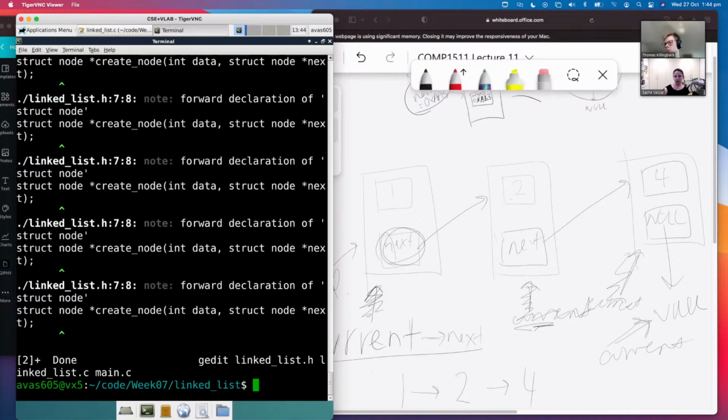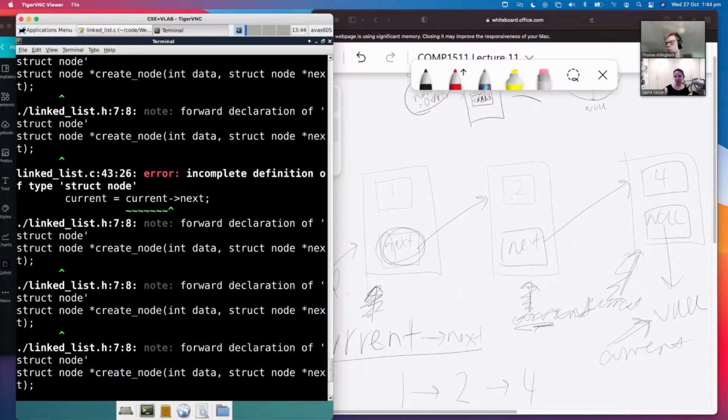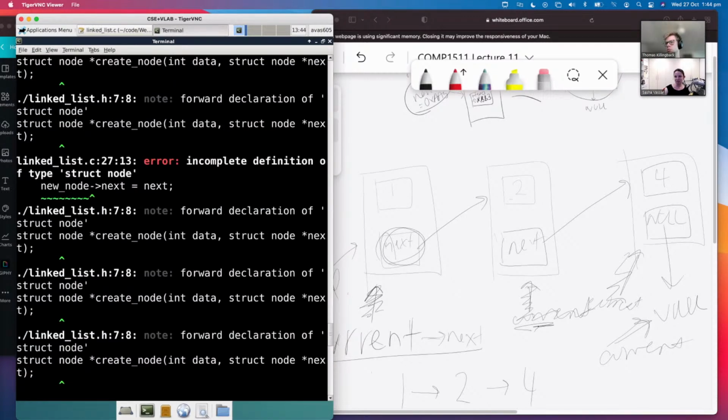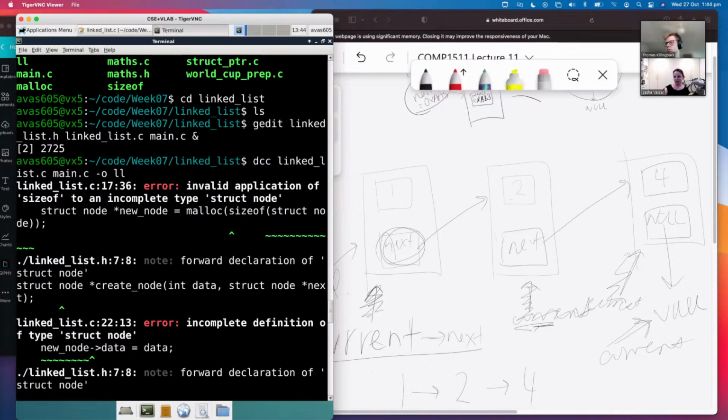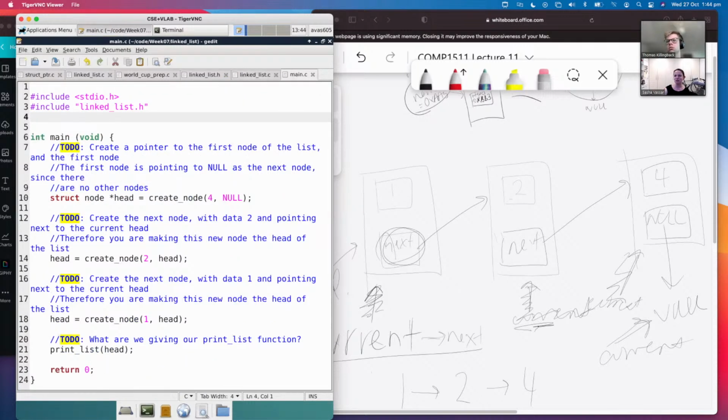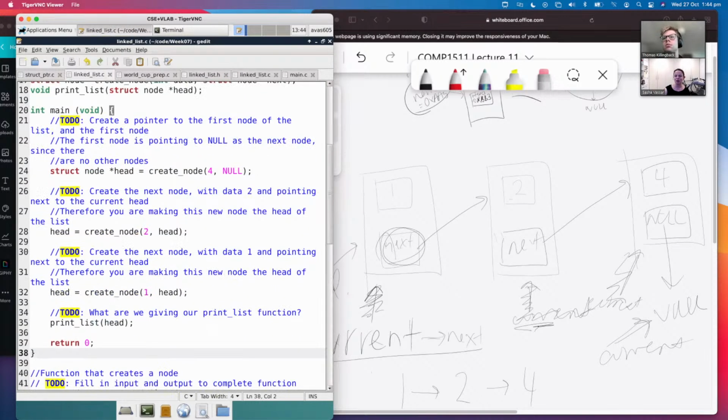And I've got madness. So much madness. It's just screaming at me. Let's have a look. Why is it screaming at me? Size of struct. So I've made a mistake somewhere, and that mistake is not defining my struct. Yeah, that's exactly right. I have not defined my struct,